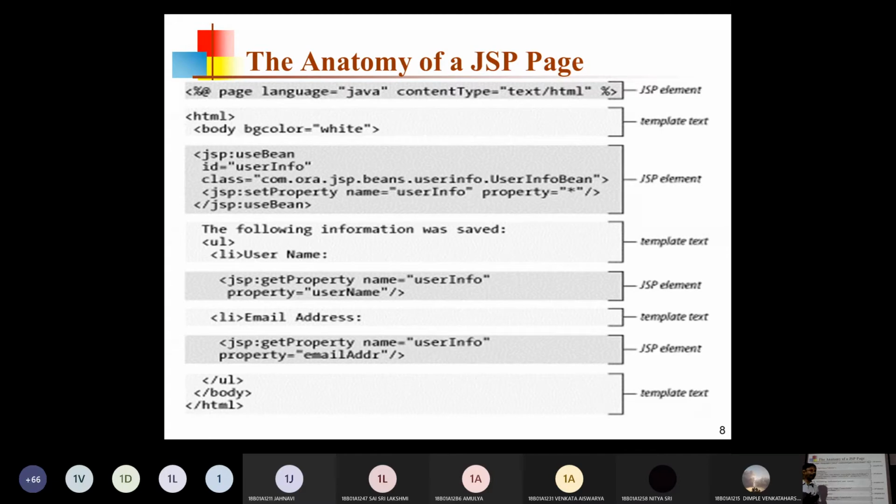Wherever you want to generate dynamic content from the server, you are ready to embed JSP code at that particular place of the HTML file. So you already got the experience of writing PHP code inside the HTML. Am I right? Yes, sir. Okay, similar to that PHP, here is another version of PHP, JSP, but JSP uses Java technology for writing the code. That's the only difference between JSP and PHP. Already you got the experience of embedding the PHP code inside the HTML. Got the point? Yes, sir.